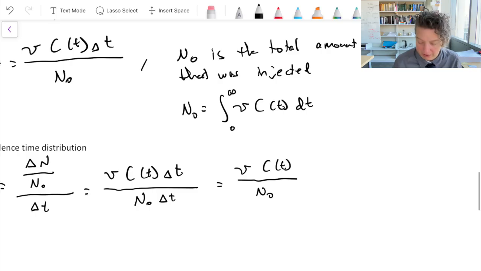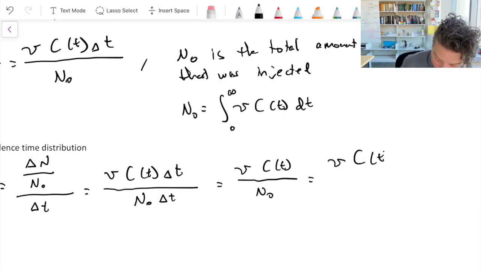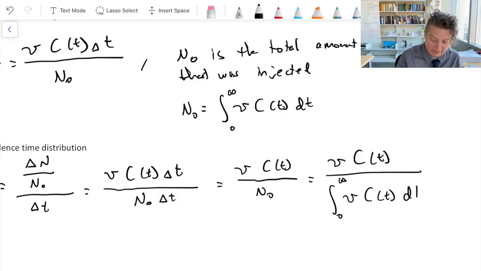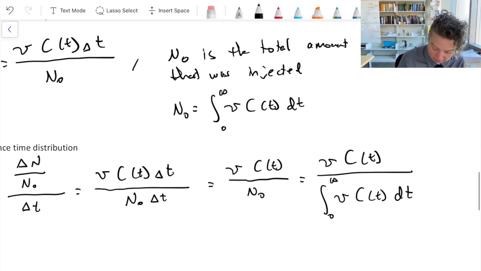What that's going to give us is the volumetric flow rate times C of t divided by the integral from 0 to infinity of the volumetric flow rate times C of t dt, based on what has to be true about the amount of tracer that enters. And so then we have this expression here,